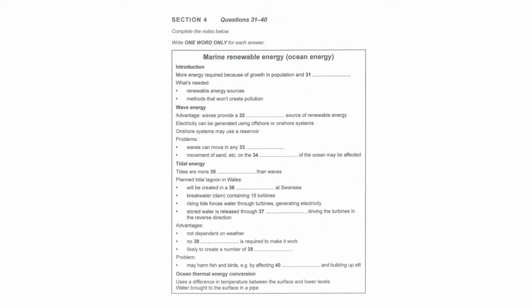There are other forms of tidal energy, but I'll go on to the third category of marine energy, ocean thermal energy conversion. This depends on there being a big difference in temperature between surface water and the water a couple of kilometres below the surface, and this occurs in tropical coastal areas. The idea is to bring cold water up to the surface using a submerged pipe. The concept dates back to 1881, when...